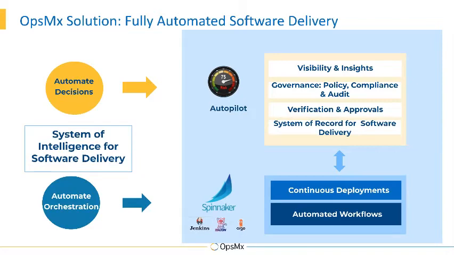But along the way, I need to make sure that it's compliant. I need to make sure that it is safe. And I also need to make sure that there's a record of it happening, so that I can audit this whole thing and I can understand what happened. God forbid I have a problem and I have to do a post-mortem. How do I know what happened? How do I trace back the efficacy of the last release and the release before that to try and run down where in that stack I ran into a problem? What bit of data wasn't interpreted correctly?